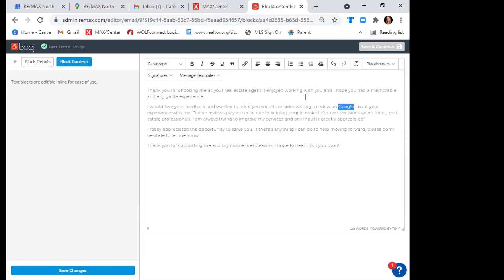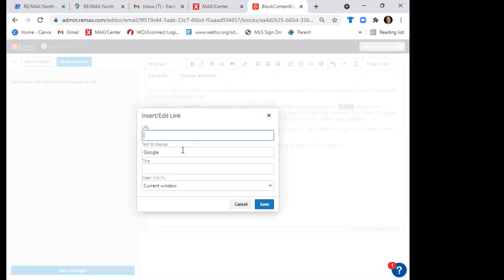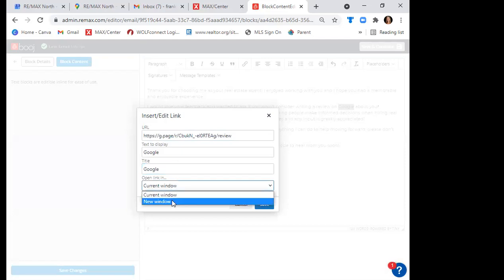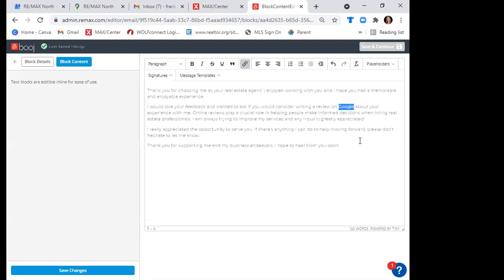Now, you can even highlight the word Google and click link. Do I still have the link? Yes. Let's say in a new window, if you get to something like this, whether it's in this or another program, always select new window and say save. And then just to emphasize where they're going,